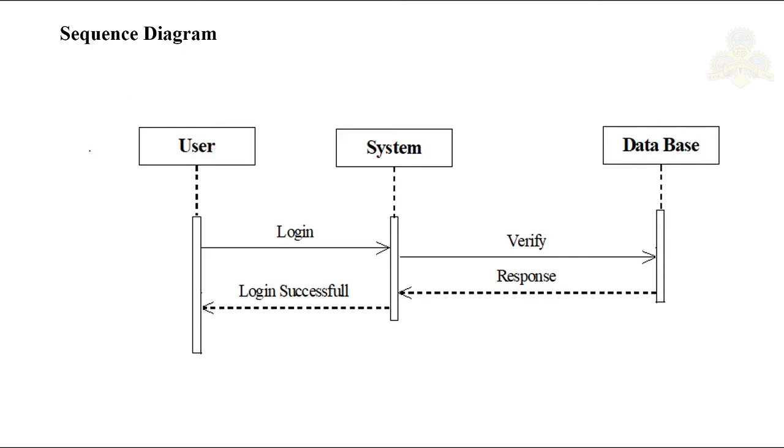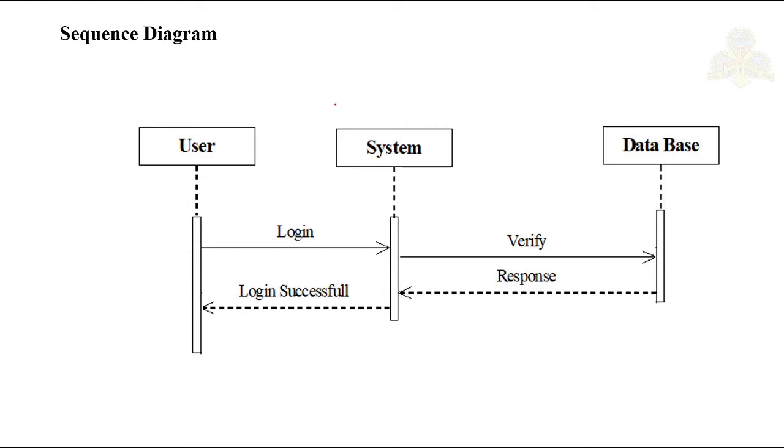Whatever we represent in a box, we call them objects. Here user, system, and database are objects. Again, this sequence diagram is for a basic functionality, that is login. How would login happen? A user would log into a system and his credentials would be checked with the database. So your database, system, and user, we call them objects. And these vertical lines you can see here, these bars, we call them